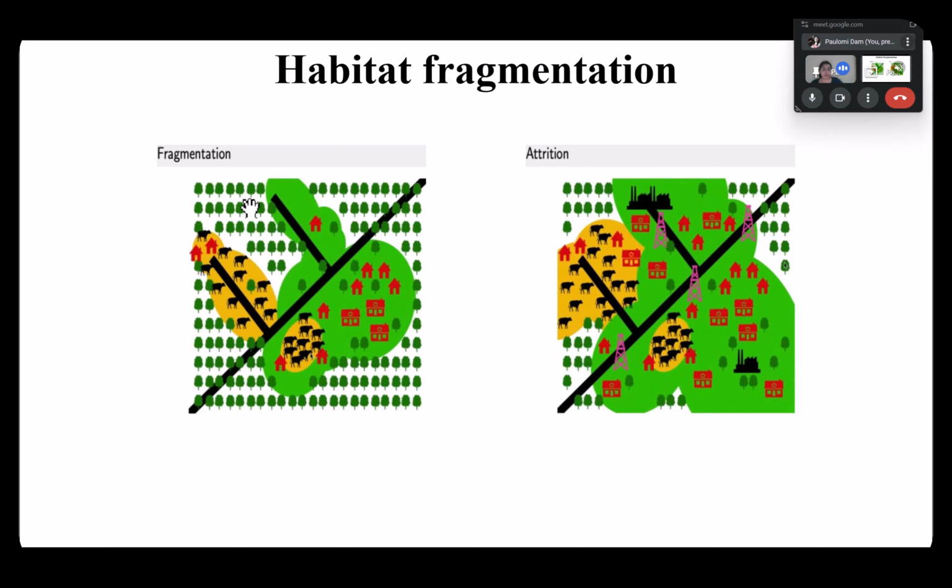You see this forest part here has started to become separate from the other forest part. There is now a good road and other barriers in between these different forest patches, and this has now started to become fragmentation. So this leads to habitat fragmentation, and then you have attrition, then you have several other attractions that keep coming to these places, and these effects keep increasing in number. So over a period of time this leads to fragmentation.